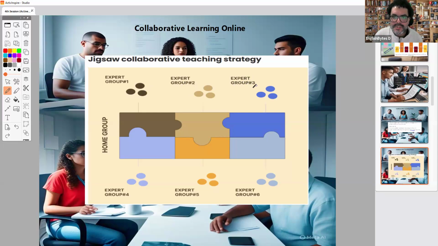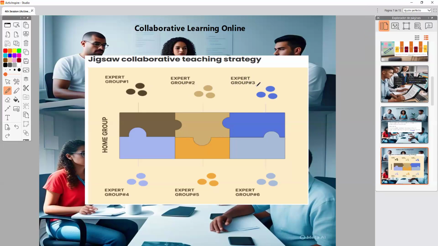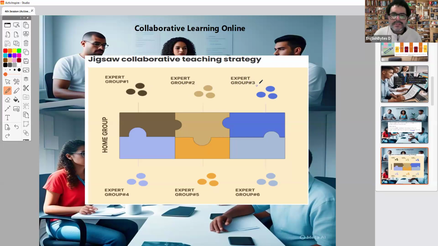This one, the expert is Sophie because she knows everything about Lasso. She would talk about Lasso because she knows about it. The expert in group 4 is going to be Hidai because she has worked with translations and she will talk about her experiences and she will teach her friends. So this is an example of a jigsaw collaborative teaching strategy. Then you gather your students and they talk about it. You can use, for example, in Zoom, we can use